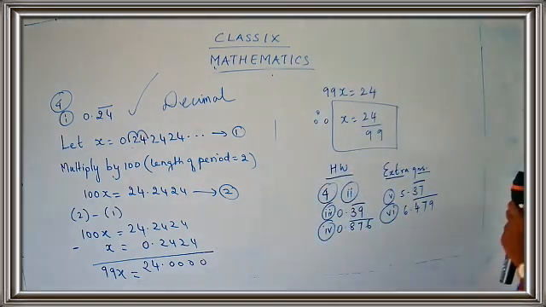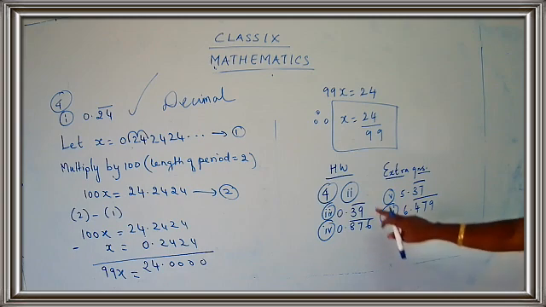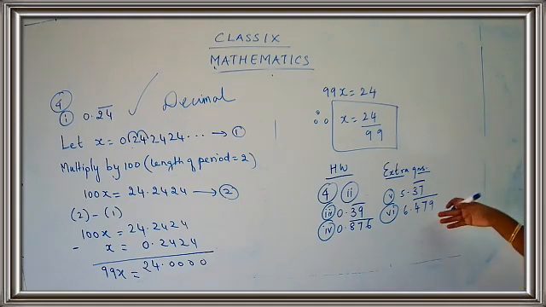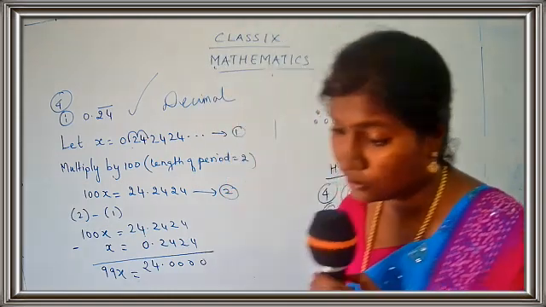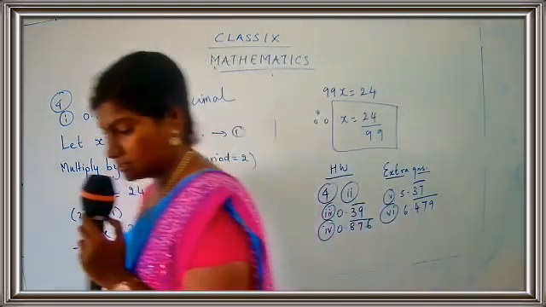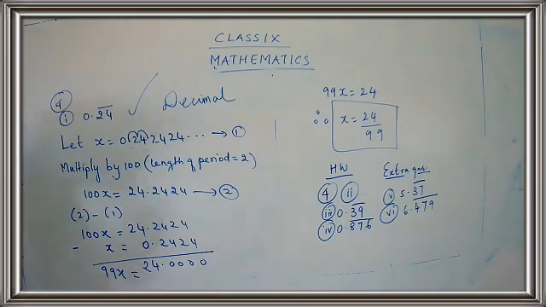Okay, children, try out the sums. So 1, 2, 3, 4, 5. Only 5 sums I have given you for homework. Just see the number of places. This is 2, so you have to multiply by 100. This is 3, so you have to multiply by 1000. Again, this is 2, so multiply by 100. Again, this is 3, so multiply by what? 1000 and so on. Try out the sums. You have to get ready with your homework sums. Try by yourself. Okay, children? Just go on practicing and you will get the answers. And we will be continuing with the remaining sums in the next class.